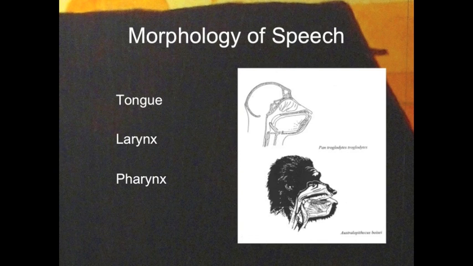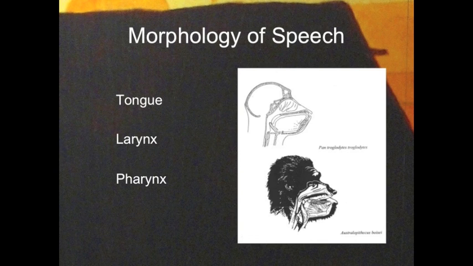Let's take a closer look now at the physical features that are required for complex speech. And when I say rather complex speech, what I'm saying is to really accomplish in a very formal and repetitive manner the wide range of speech sounds that are employed in human linguistic traditions. So let's look at the morphology of human speech. We'll start with the larynx, and we're going to touch upon all three of these areas here, but let's focus for a moment on the larynx. And I will be speaking to the image along the right hand side of this particular slide.